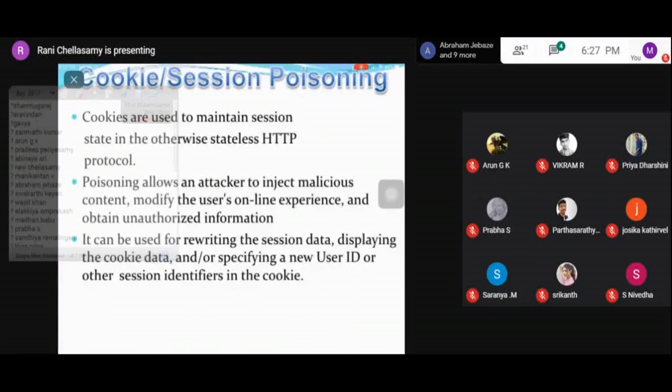Coming on to the next attack, called the 0-day attack. 0-day attacks mostly take place between the time a vulnerability is discovered by the attacker and the time that the vendor issues a corrective patch.